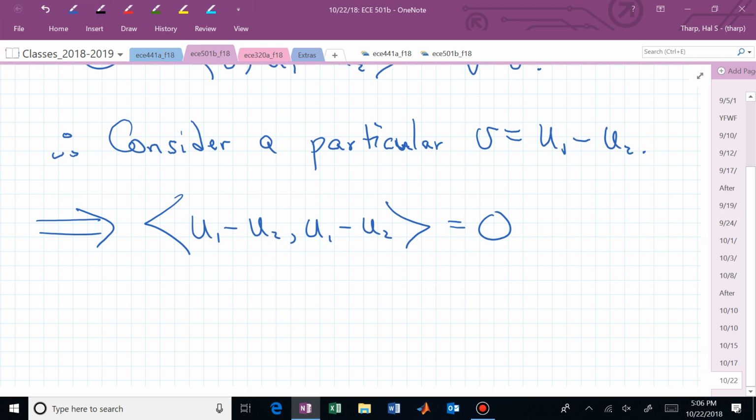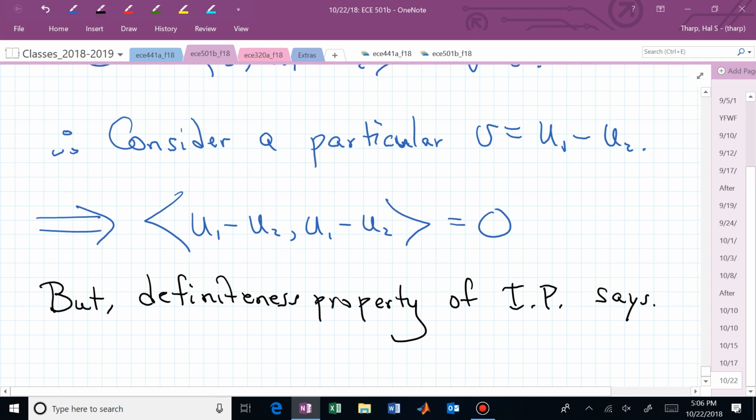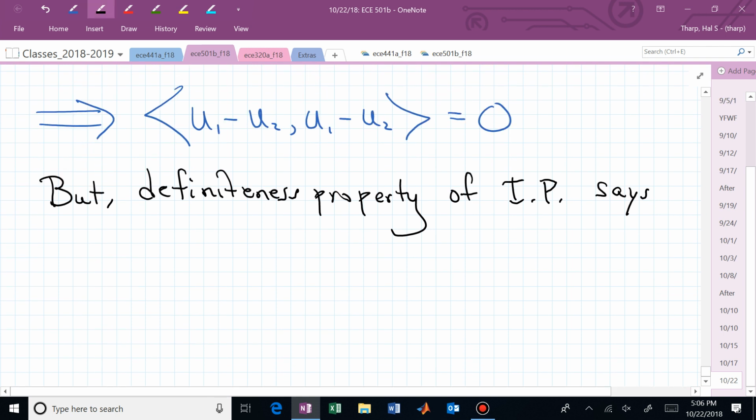So now we have the properness of our inner product, don't we? We know if we have a vector whose inner product with itself is equal to 0, what do we know is true about that vector? It has to be 0. So now, by the definiteness property of the inner product, it says that